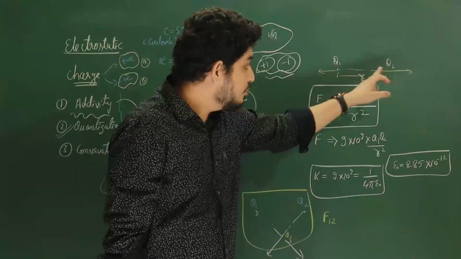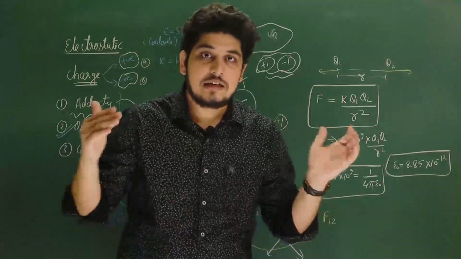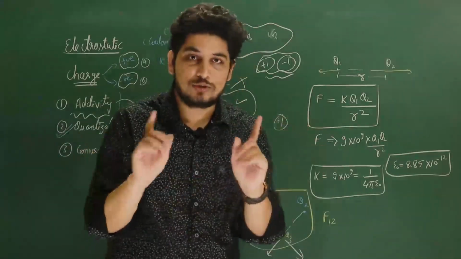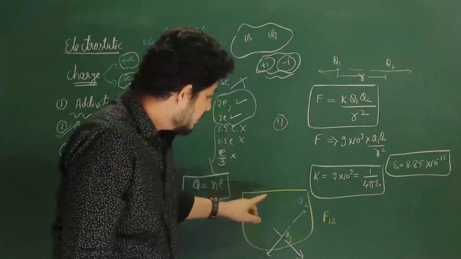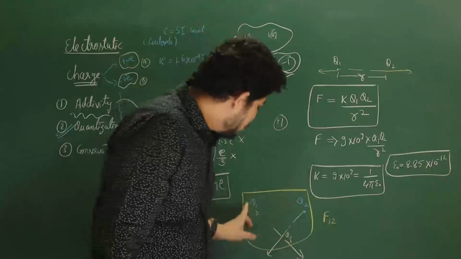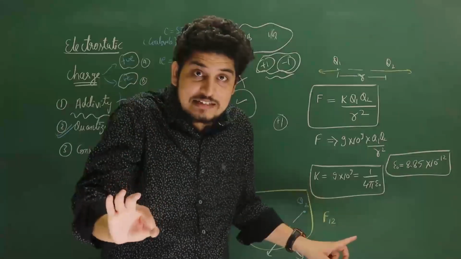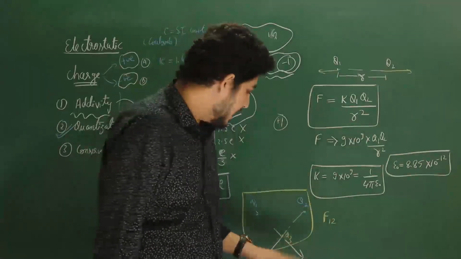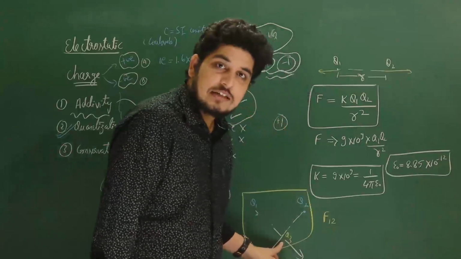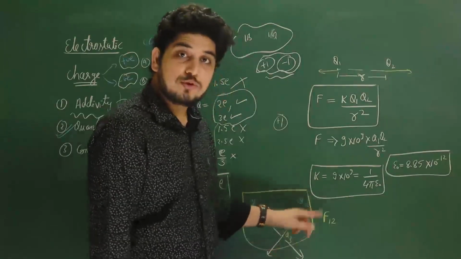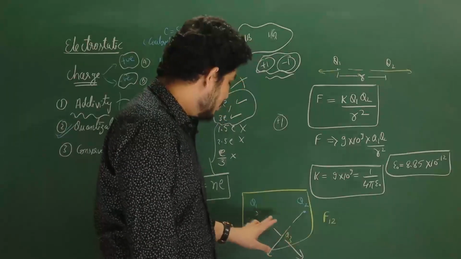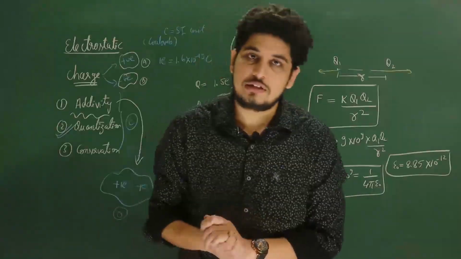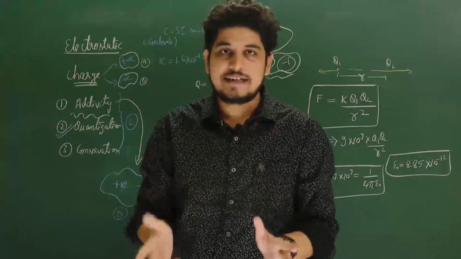Force will act along the line joining the two charges; opposite charges attract, and similar charges repel each other. The force on one charge due to a second charge is always and always independent of the presence or absence of a third charge. And the force on the third charge is the vector sum of the force by the second charge and the force by the first charge. So these are the properties. We should learn these properties, and now we will start the next topic.